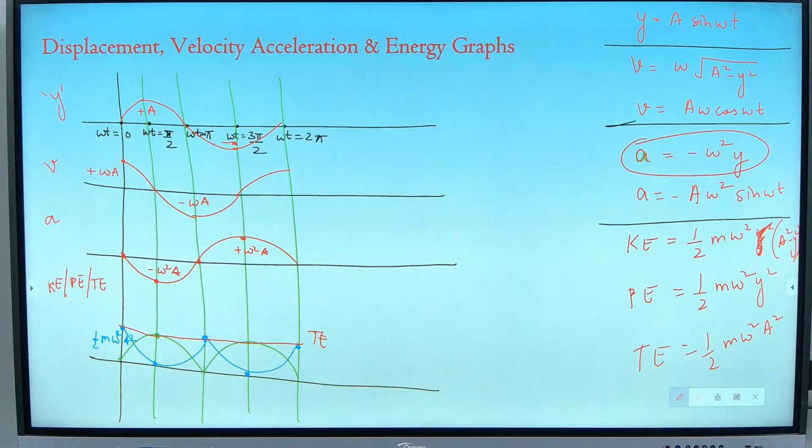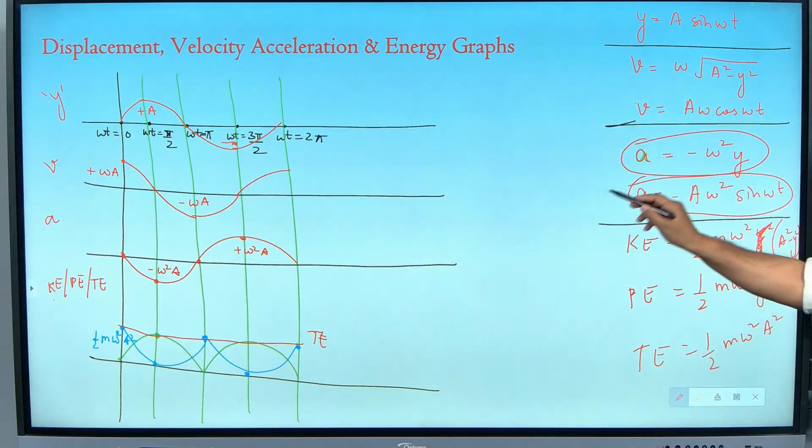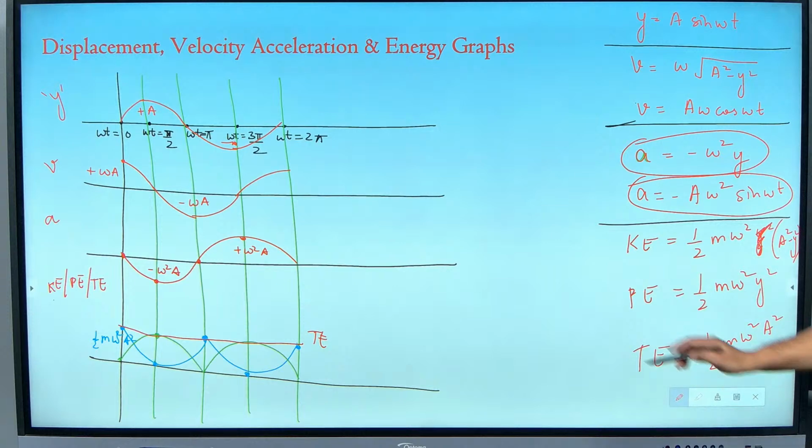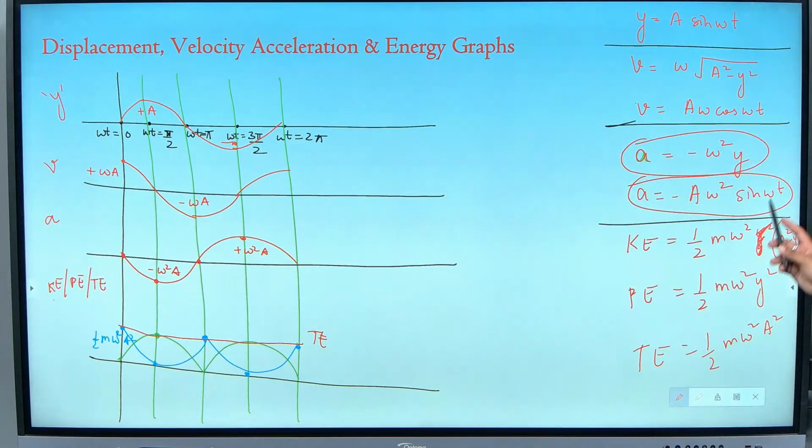Manoranjan, is this equation clear to you? Yes, sir. Okay, let us take this equation for instance to help you: a equals minus a omega square sin omega t. The first point is omega t as 0, right, Manoranjan? Yes, sir. When omega t is 0, how much will the acceleration be?